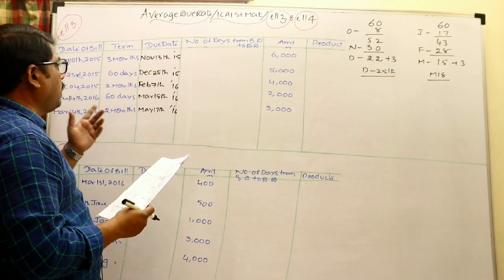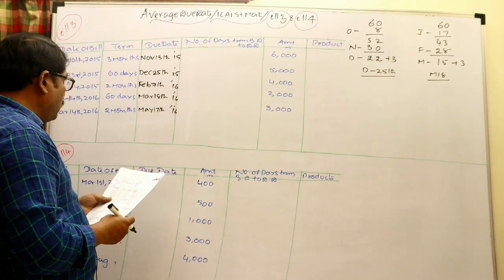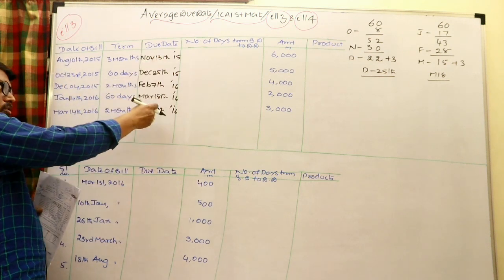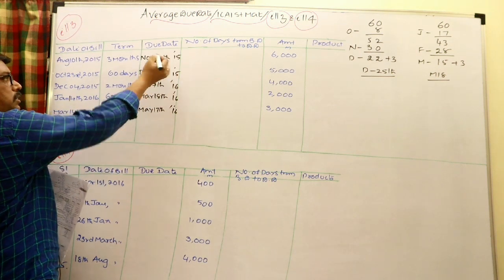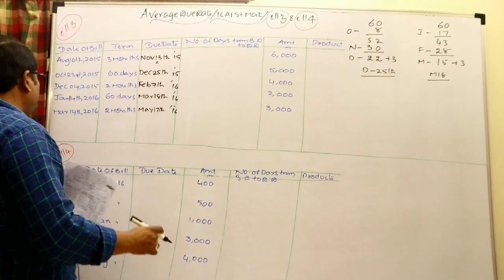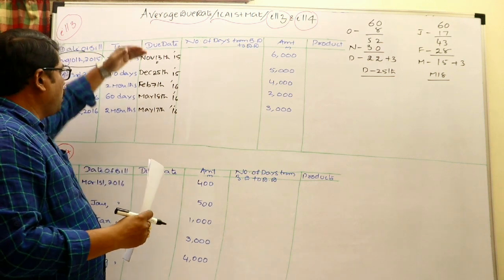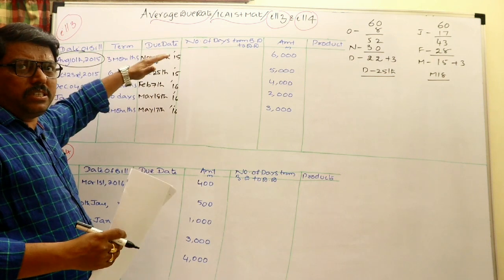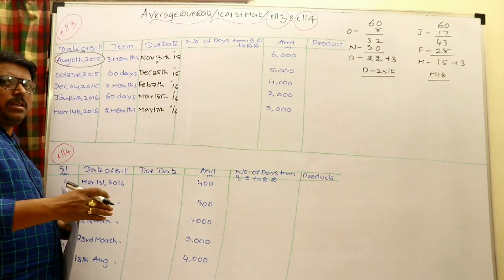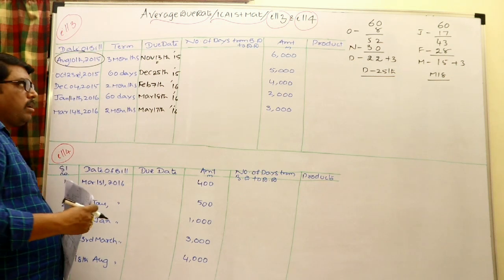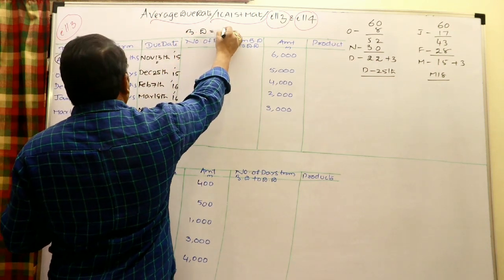2016. You can select one date out of these as a base date, the earliest date to be taken as a base date. But in fact you need not take one of these dates as the base date. If you would like to select one date as the earliest date, this may be taken as a base date. But of course in this particular sum they have taken this date as the base date. Actually the selected date is not any one of the due dates here, but still there is no problem. You may select any date, not only out of these dates. But here the base date is taken as August 10th.